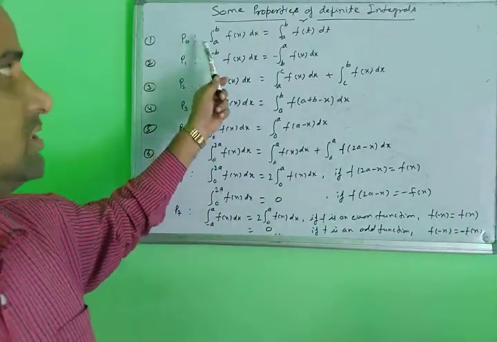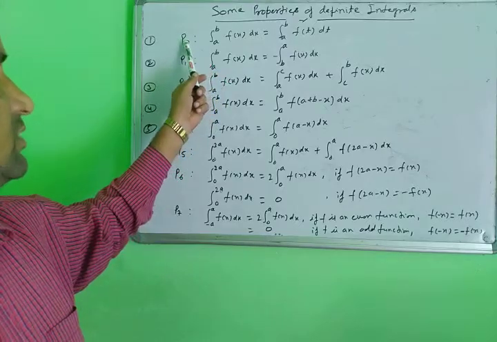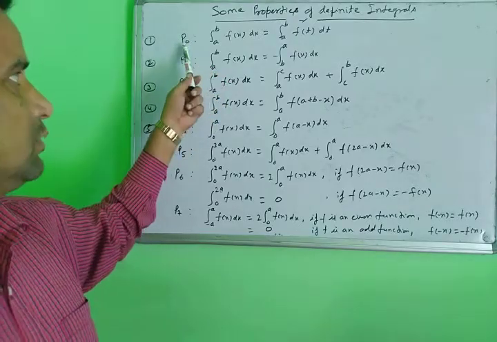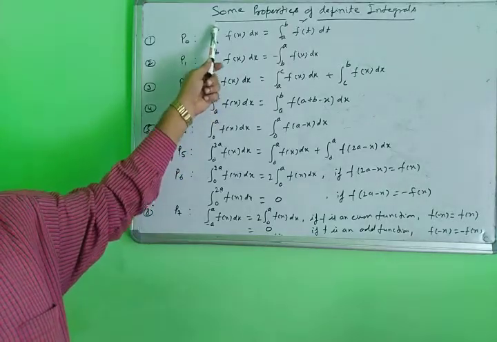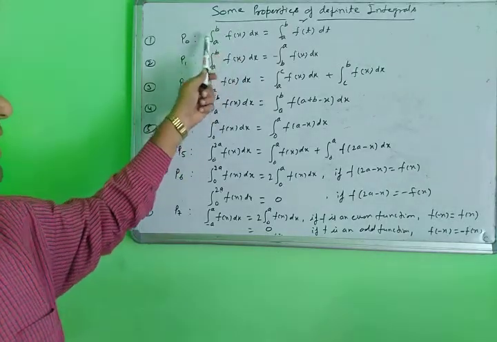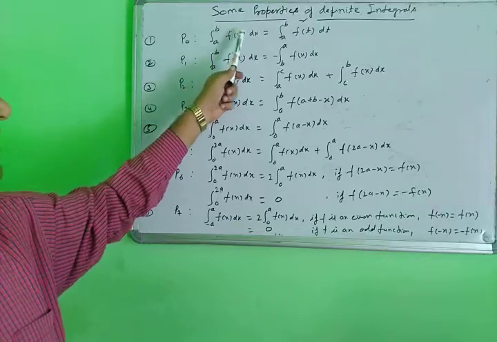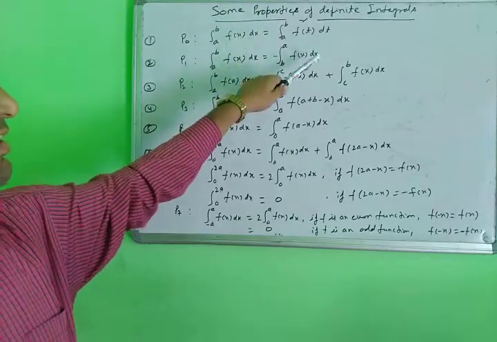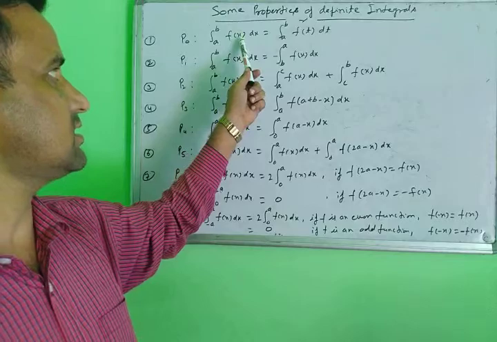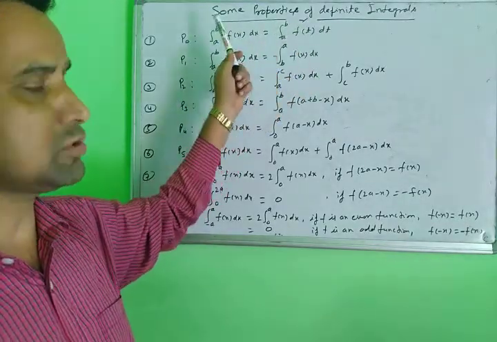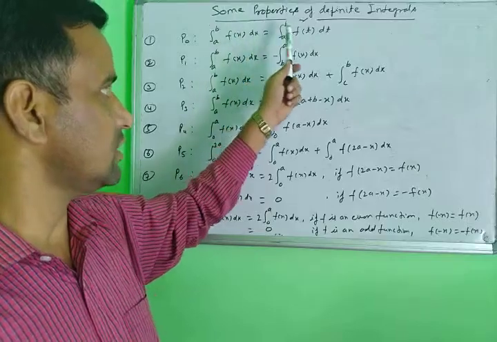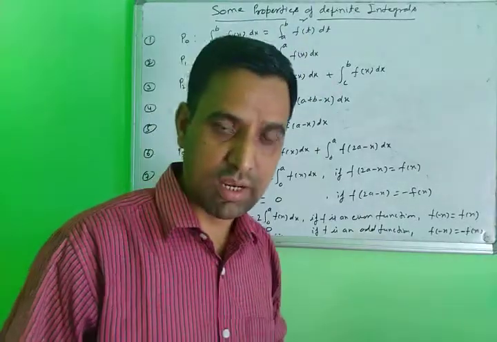The first property is named P0. P for property, so P0. What is the P0 property? With the limits of integration A to B of f(x) dx, you can substitute f(x) dx with f(t) dt. The limits will be the same, they do not change, but you can change the variable to any other variable, f(t)